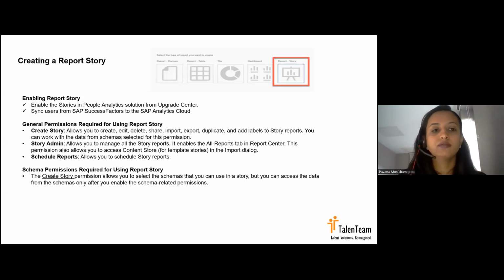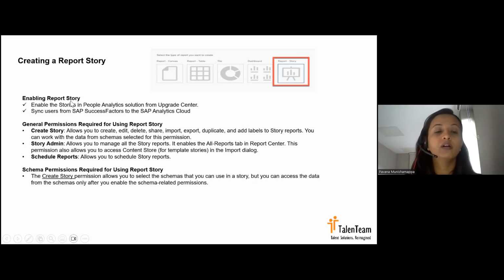Okay, so now we will see how to create a story report within the system. Before we get there, we have seen there are prerequisites, but how do we enable stories in our instance? It's quite simple. You really don't need support from the partners. It's very straightforward. You can go to Upgrade Center and enable the stories